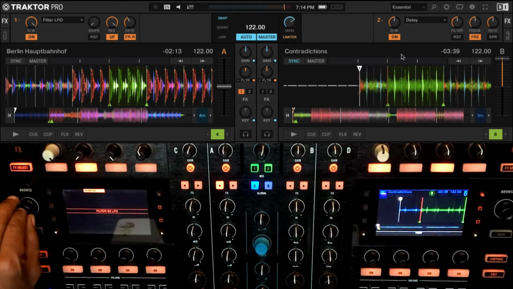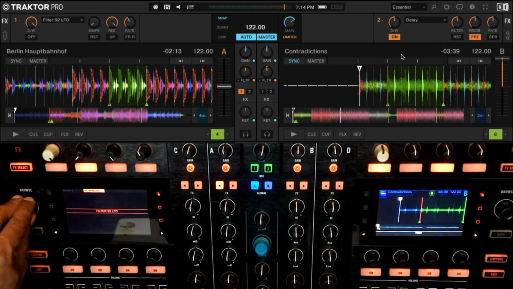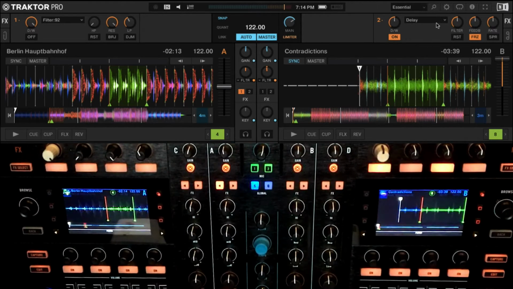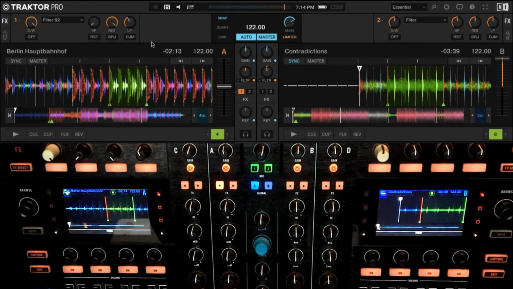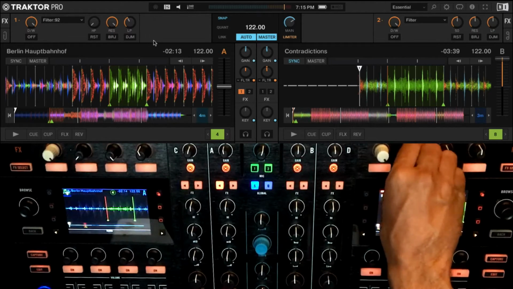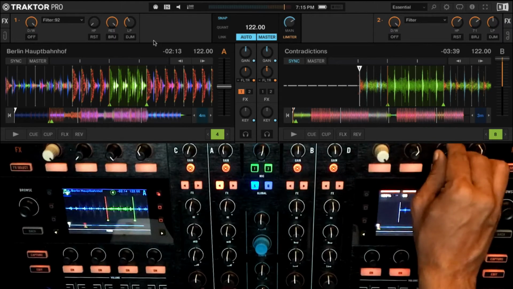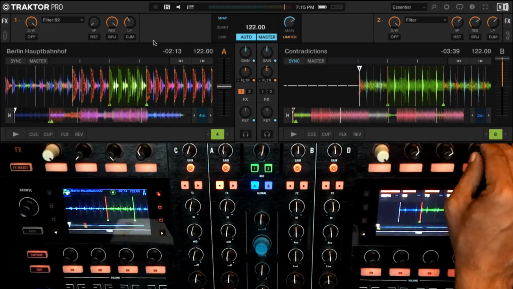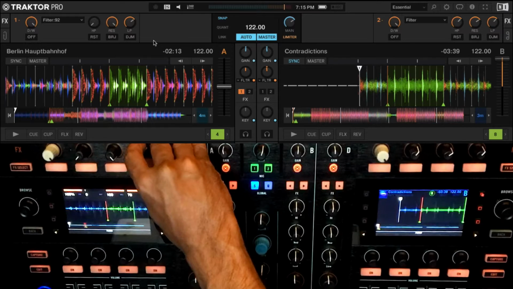Then we have two other versions. We have the filter 92 LFO. Then we also have the filter 92 pulse, and we have the filter 92. I'm not going to go through all of these, but I'm going to go through filter 92 and make a comparison to the normal filter. So all this does is basically emulate the Zone 92. Okay, that's why it's called the 92. So I'm going to crank these up to some kind of settings, maybe high pass at 66, resonance at 71, low pass at 65.